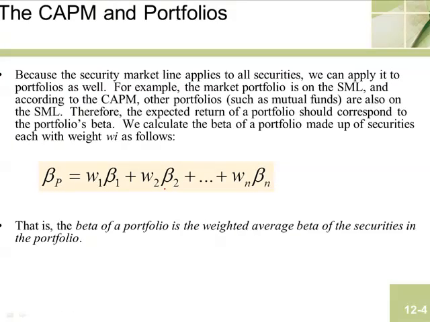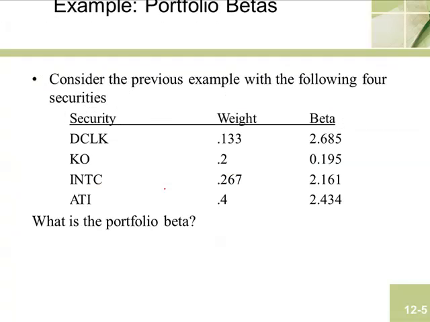Next, let's look at portfolio betas. The beta of a portfolio is the weighted average of each of the betas of the assets within that portfolio. Here's an example. We've got 4 companies: DoubleClick, Coca-Cola, Intel, and ATI. We have the weights of each of these securities in the portfolio, and we have the betas of each of